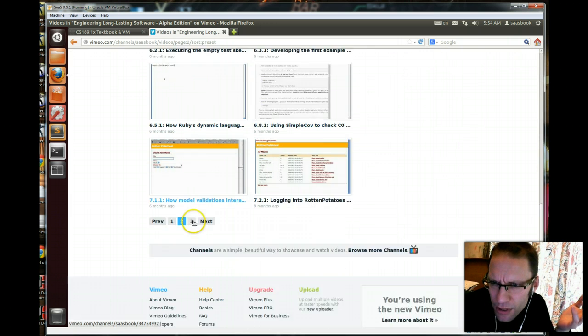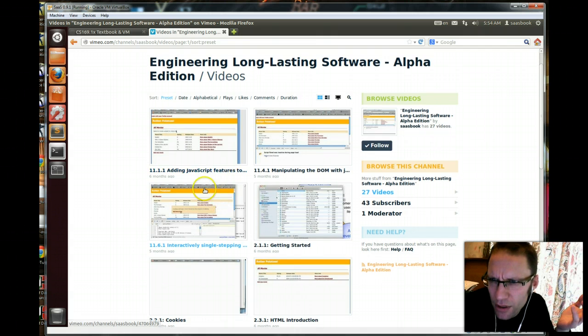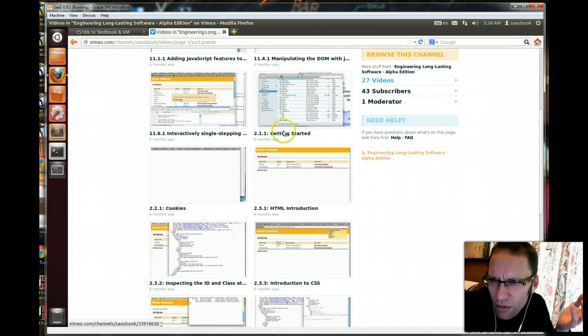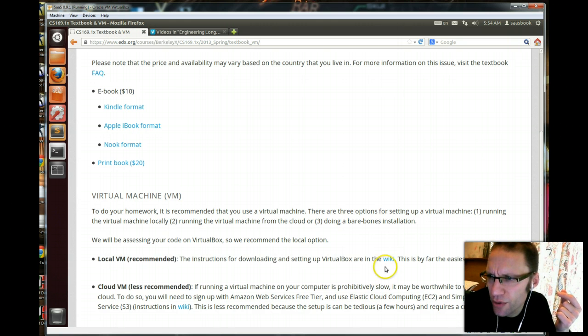That's all. Maybe did I miss it there? Am I seeing the 1.1, Getting started? That's probably it there. Yeah, I think that's probably the one, which walks you through some of the process that's also here in the wiki page